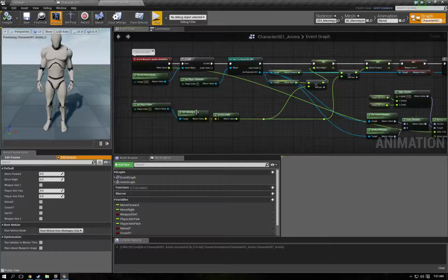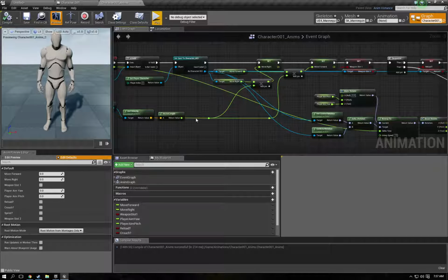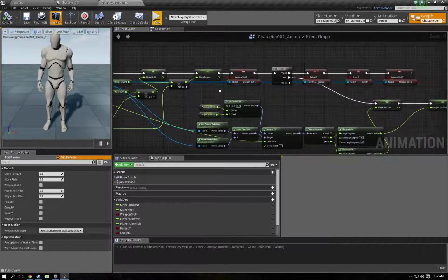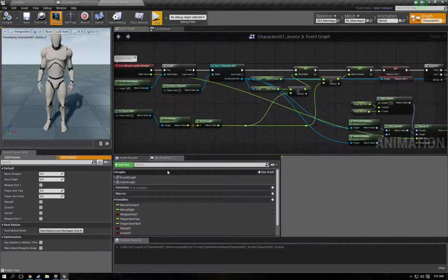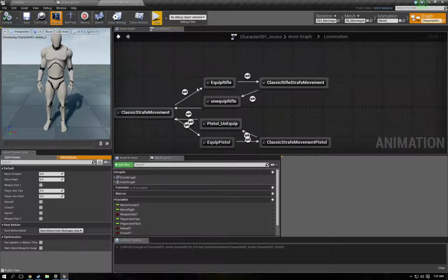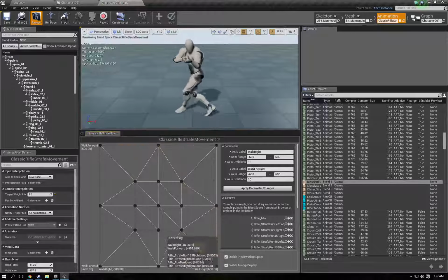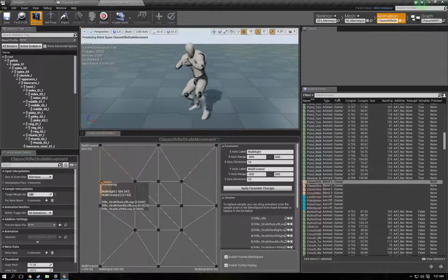Pretty much I'm trying to try to get player pawn, get velocity, vector length, times that by the move right and plug that into move right, and then get the move forward, times it by the vector length and plug it into the move forward. And then that's your move forward and move right. And you can have it set up with strafe movements for your character. I have the interpolate at 3 for it to